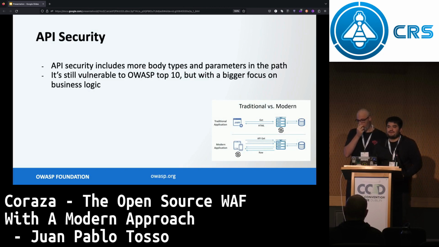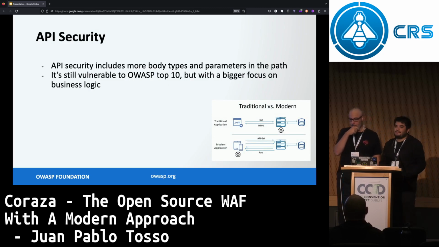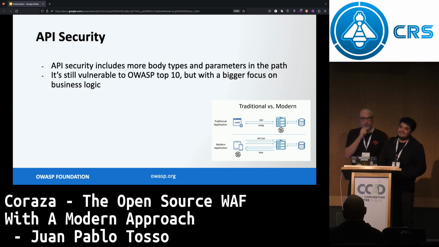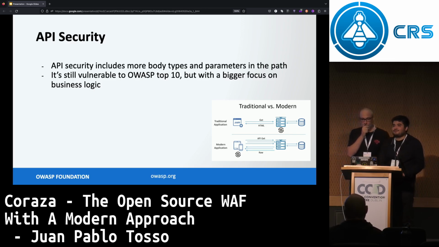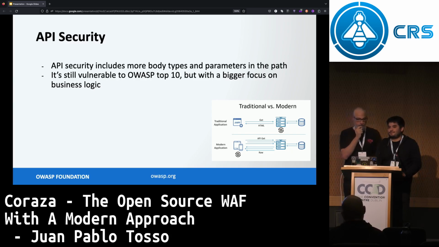Well, now we come to API security. As I mentioned, API security is something that came with Web 2.0. Now we have more things to analyze. In the past, we only had the request body and the query parameters, but now the path itself is made of variables. So yes, you can inject data using a path, and you can even perform SQL injection in the path. It's crazy, but sometimes it works. So it adds to the paradigm the use of the path as part of the arguments of the application.